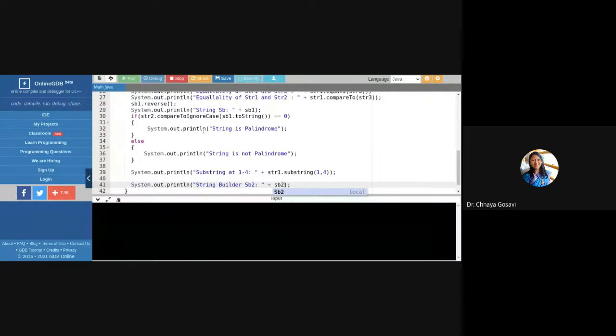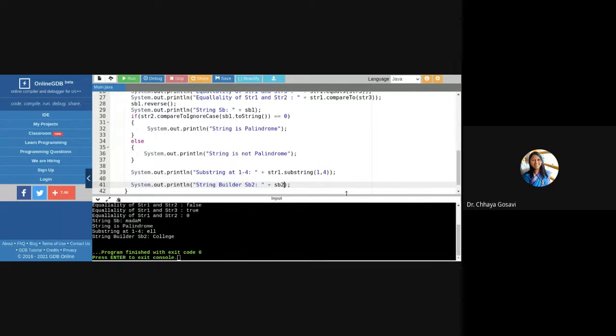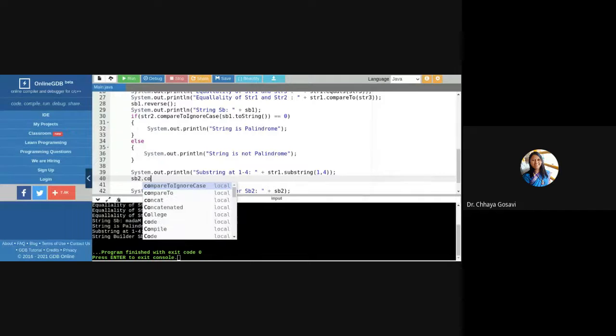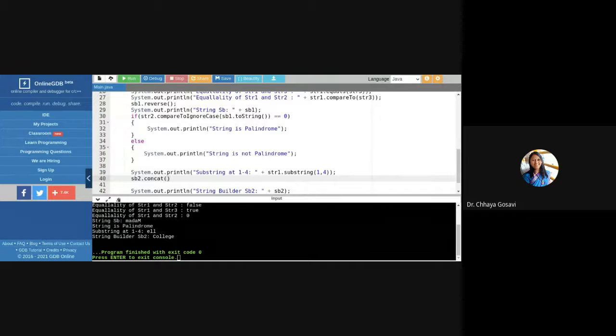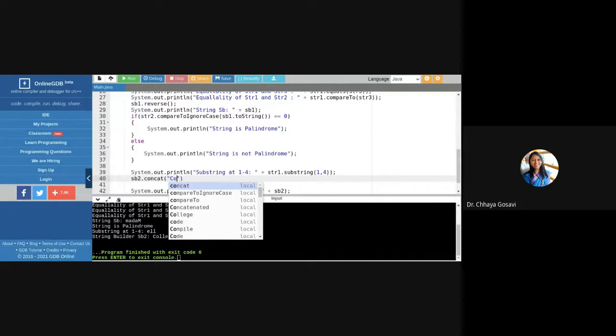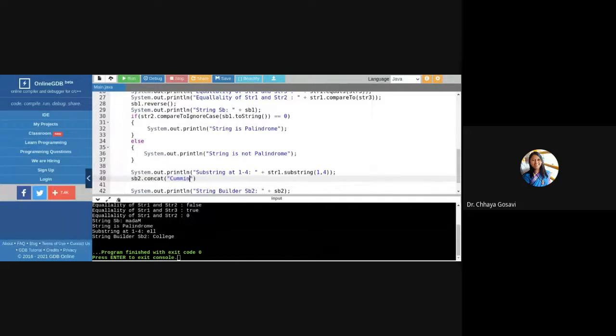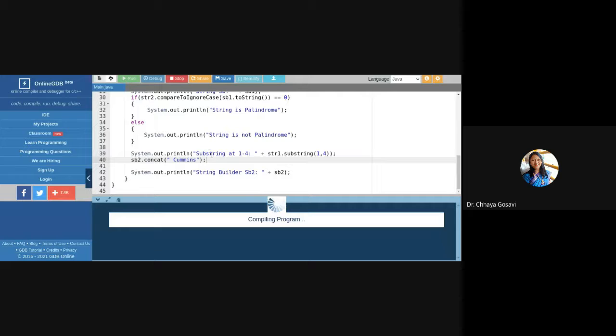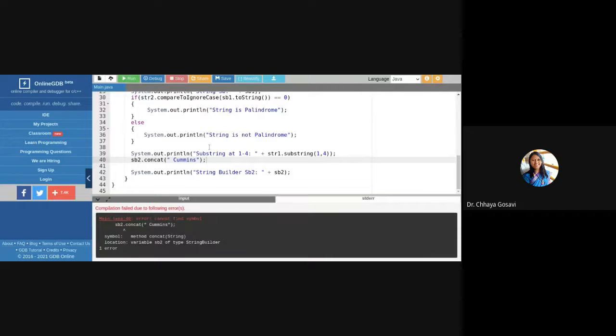So this is just to accept and display a StringBuilder. It is displaying college. If I want to add something, here is sb2 dot, if I say concat, and I have added some string, say college, and now I am printing sb2. So it will print college Cummings.